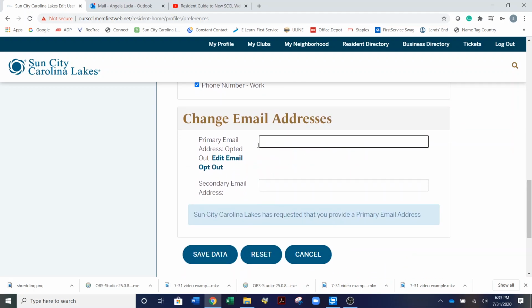This is where you would enter a change of your primary address. You would do that here. So if you want to use a different address than the one that we have in the system, you would do that here. I would highly recommend staying away from this edit email or opt out,